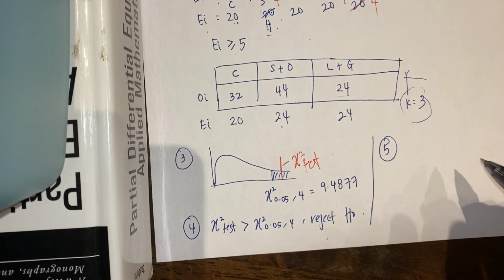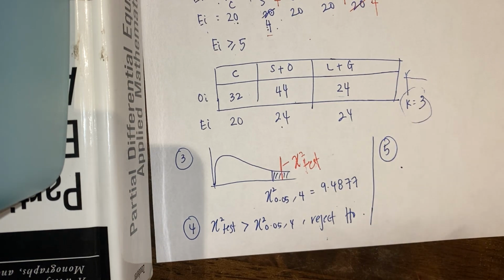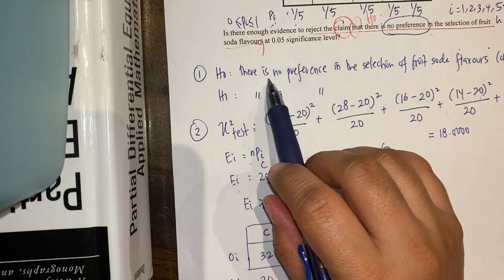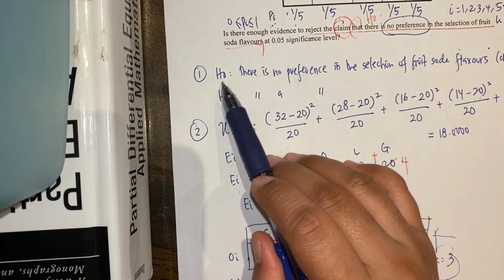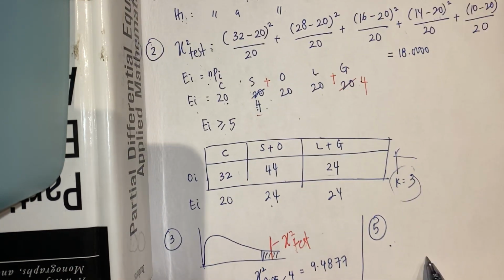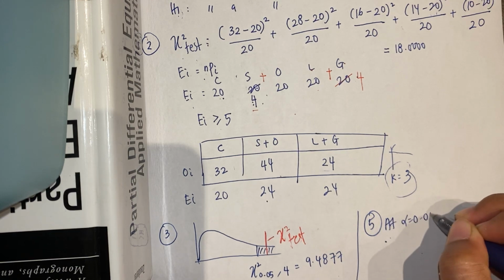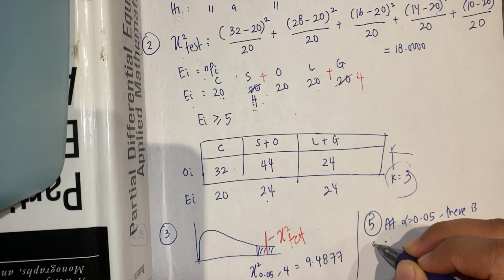Step 5, conclusion. As I mentioned, for the conclusion you can write the statement that you support. Reject null means that we say no to the null, so we support the H1. So you can write the statement of H1 in your conclusion. So at alpha 0.05, there is a